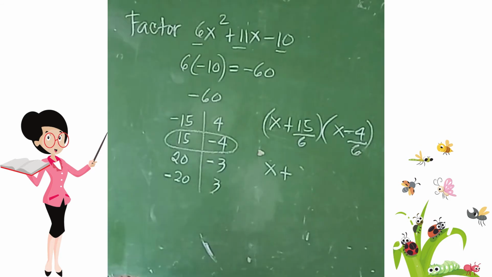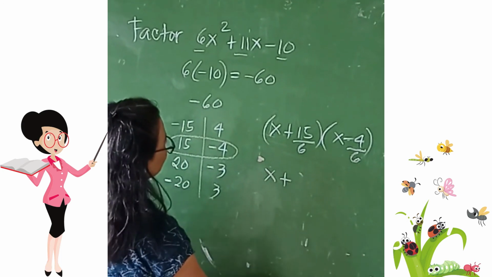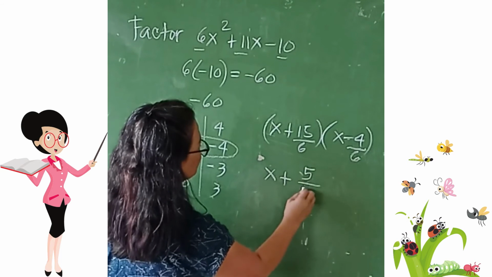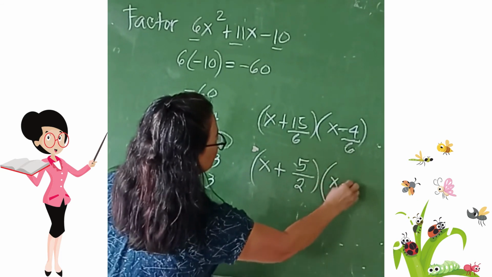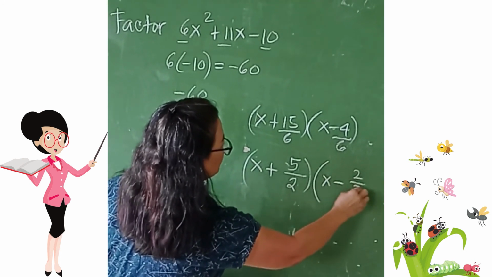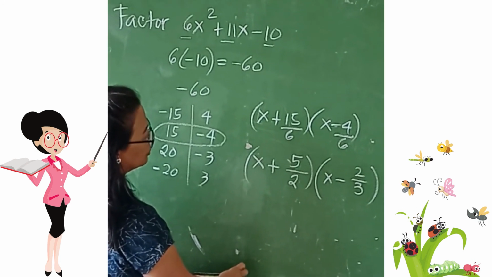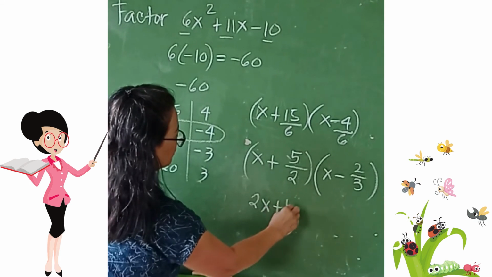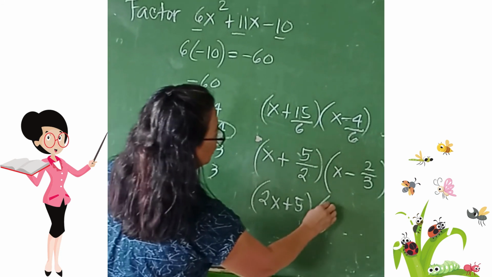Then you simplify. The common factor of 15 and 6 is 3. And 15 divided by 3 is 5, and 6 divided by 3 is 2. Then you have x minus 4 over 6 becomes 2 over 3. To get rid of the fraction, we simply multiply both terms by 2. This becomes 2x plus 5. And the next one, multiply both terms by 3. This becomes 3x